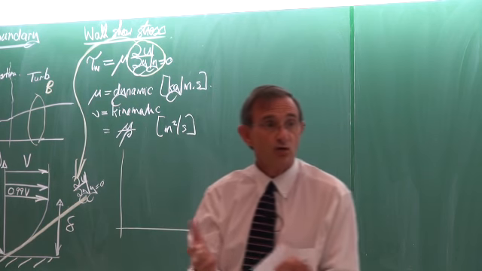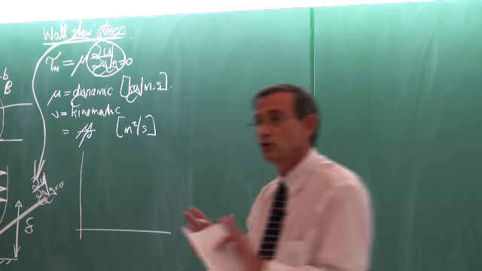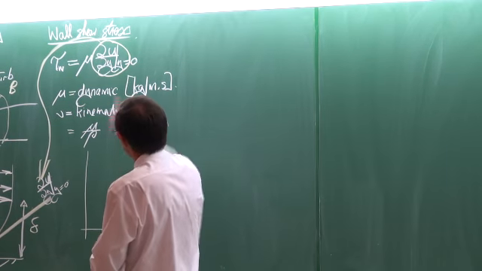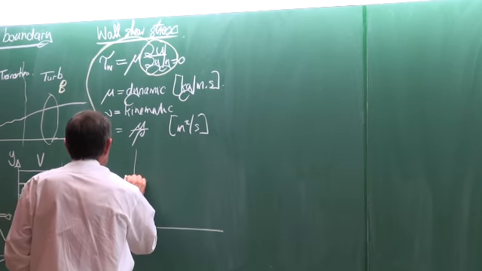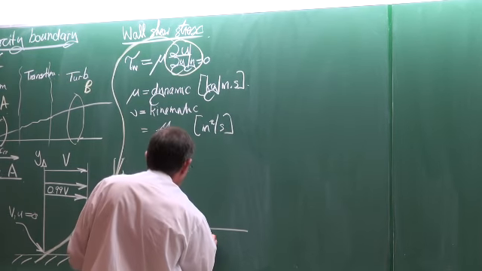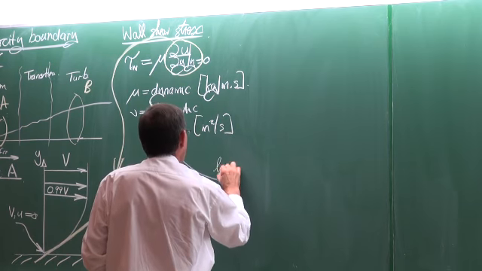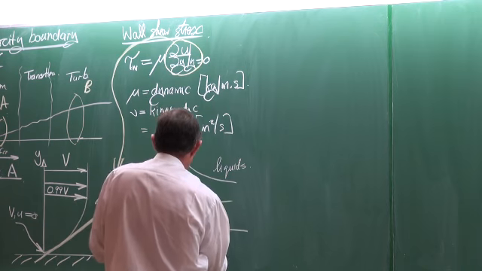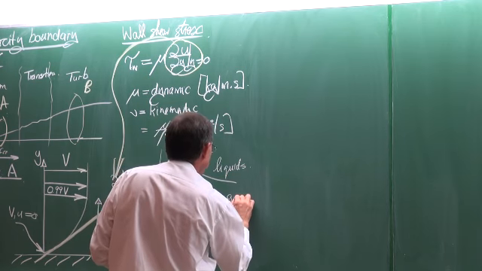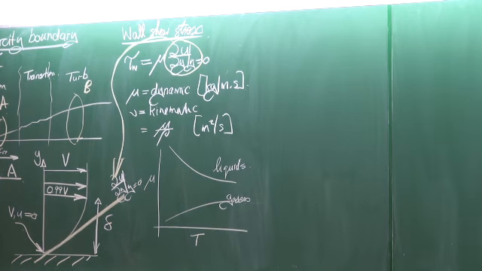There are exceptions, for example, blood and liquid plastics. They do not have this relationship, so then it would be more complex. But in general, if we look at typically how the viscosity behaves as a function of temperature, then for liquids there will be a decrease in viscosity, and for gases there's in general an increase in viscosity